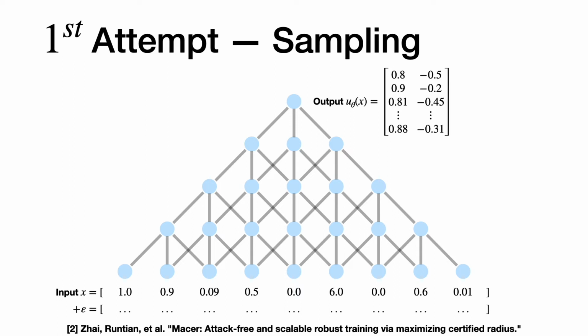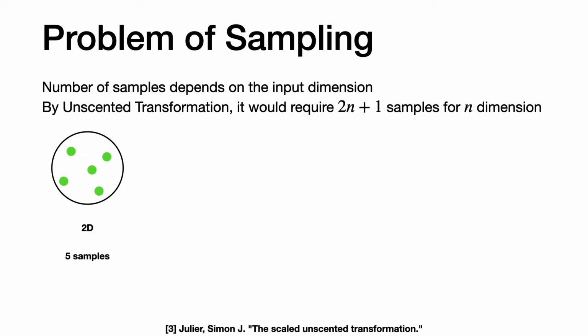Since counting is non-differentiable, Jai and colleagues in a nice paper this year called Macer showed how a soft counting can be used to train a robust base classifier. This idea motivates our paper. Let us see how this sampling procedure would work. Clearly, the sampling should well represent the perturbation region.